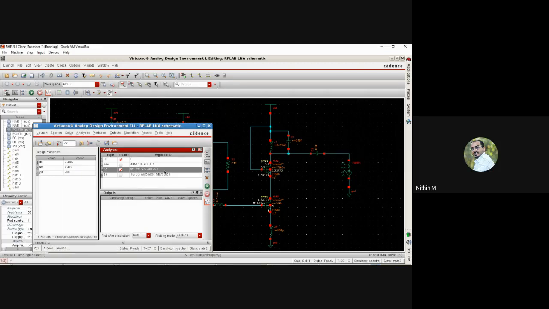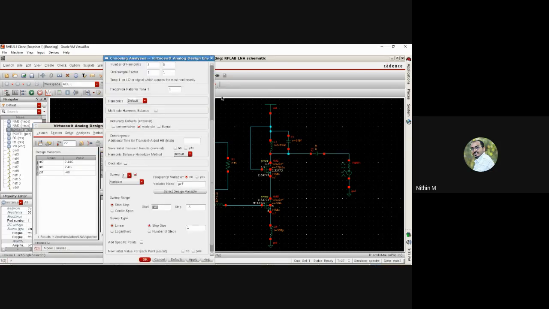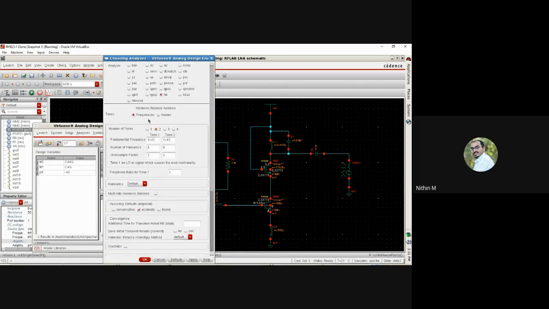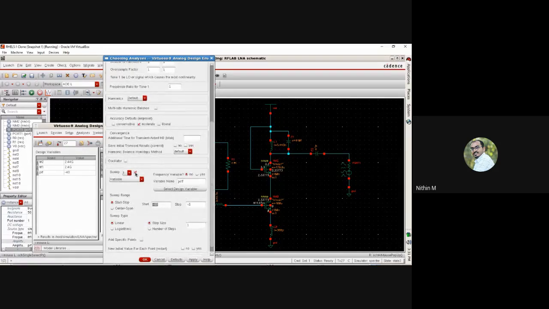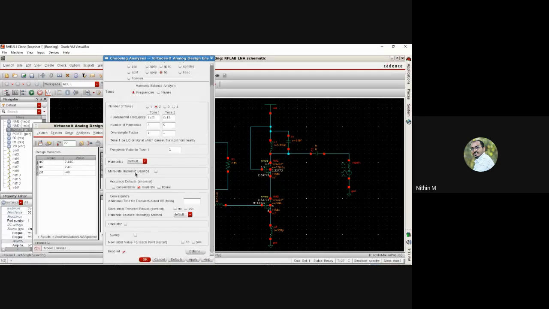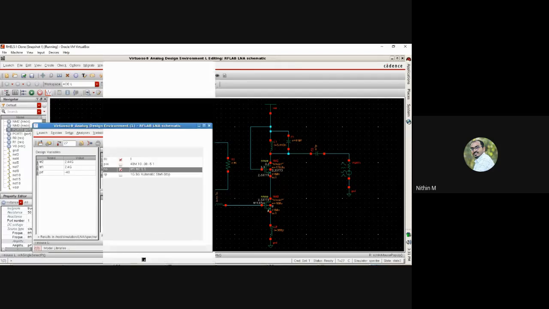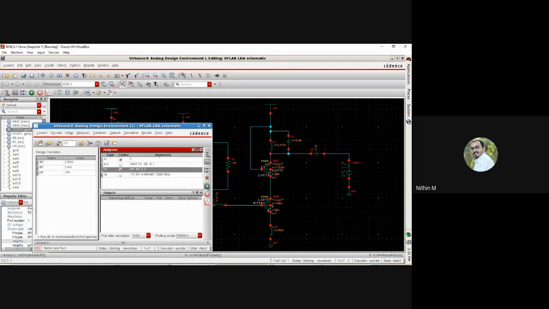Now HB analysis is enabled, so I'll just go to HB analysis where I can see that I have taken two tones, and the corresponding frequencies are given with 5 harmonics. And coming down, a sweep is not actually required in this case, because what I'm plotting is a sweep is not required. So I'll show what the simulation is about. I've given the inputs, and then I'll run the analysis. So the same harmonic balance analysis enabled with two inputs at omega 1 and omega 2.